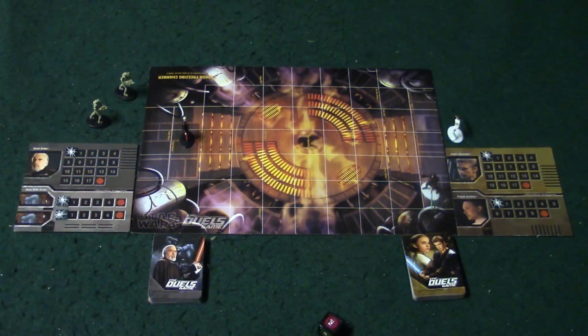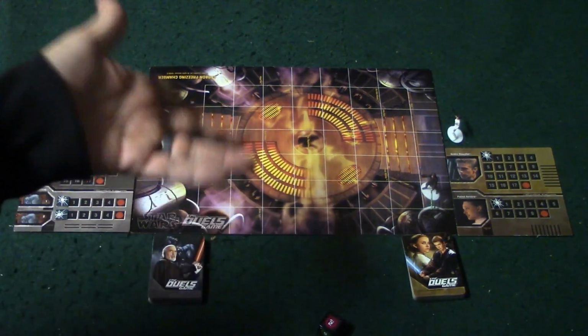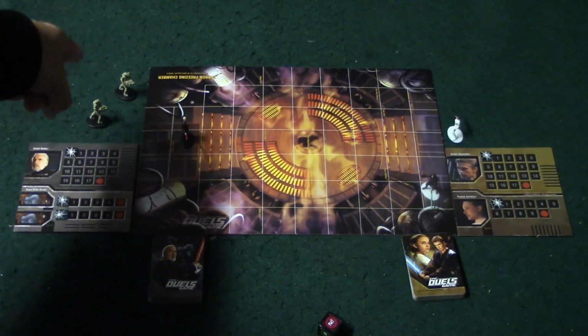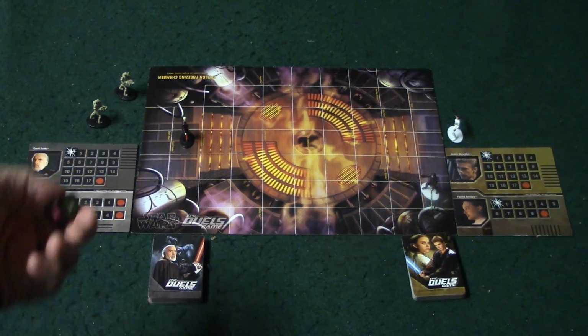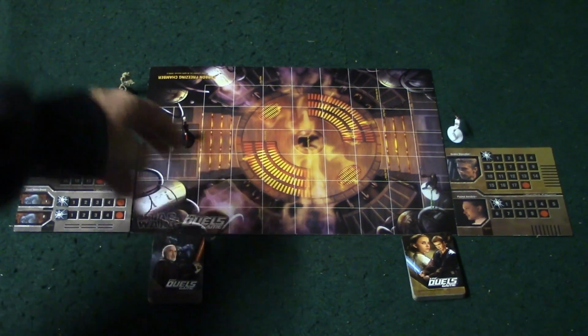So I've got the game set up, and one of the first things you're going to do is go ahead and place your major characters on the spots that are listed. Now, I'm playing a standard game, so I've got Count Dooku and a couple battle droids, and I've got Anakin Skywalker along with Amidala. Alright, now the first thing you're going to do is roll to see who's going to place their minor character first, and you're going to place your minor character adjacent to the major